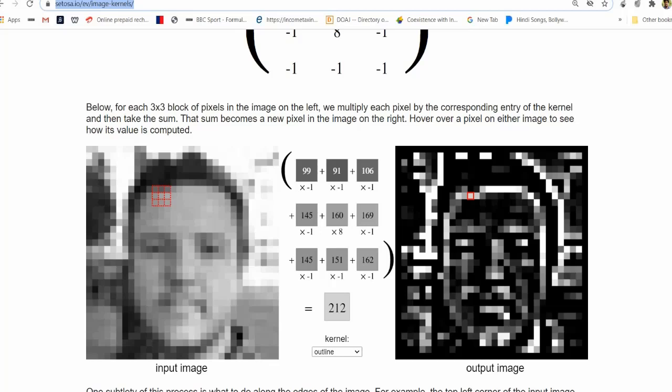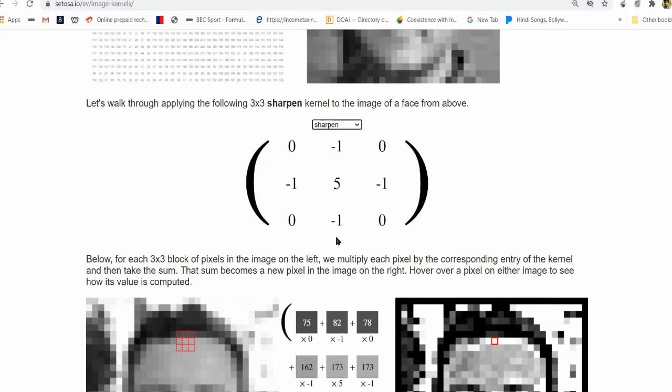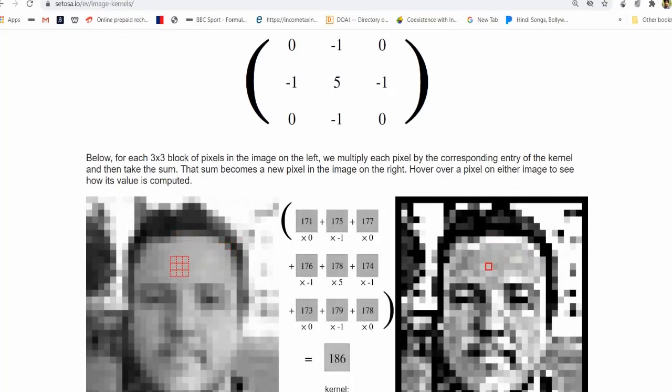So edges or points will be turned into white pixels, and all remaining points will be turned into darker pixel values. Now if I switch over to the sharpening filter, which is basically the composite Laplacian mask with 5 at the center, and the 4 neighbors are -1, remaining are 0. Now if I keep it in the plain area and take the sum of products like this, you can see the result is 180. It's not making it dark, so it's retaining the plain areas as they are. So that is the difference between the normal Laplacian mask and a composite Laplacian mask.